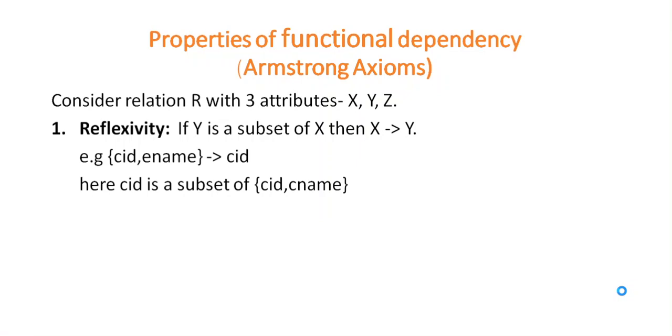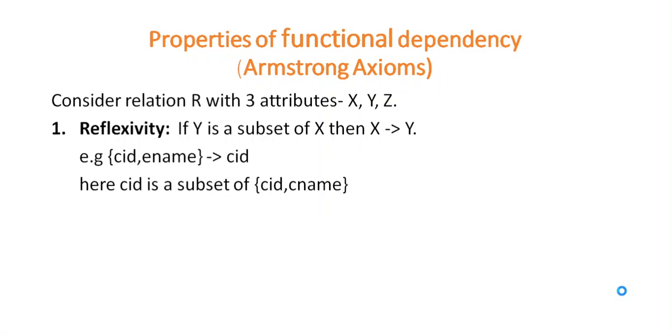So this is the functional dependency. Now see, what is the example of the reflexivity property? The example is if we take a combination as customer ID and name, and this combination is determining customer ID. It is true. It is a functional dependency. So here CID is a subset of customer ID and name, because CID is a part of this key. So this is called a reflexivity of functional dependency. This is called reflexive functional dependency.